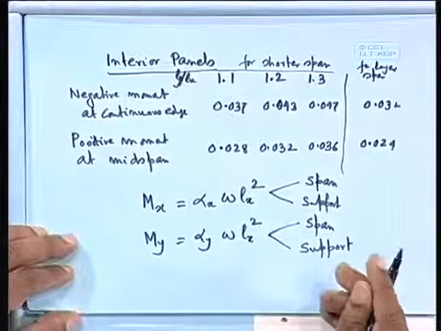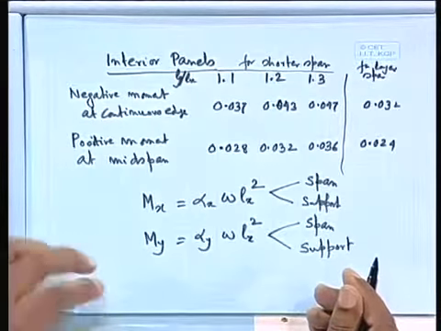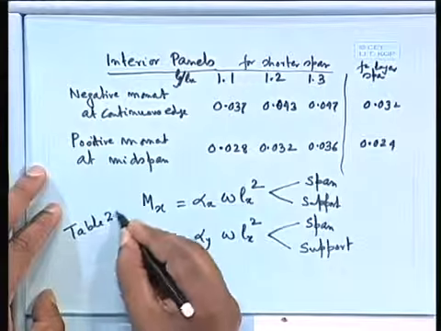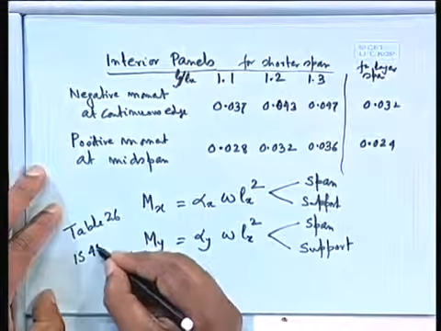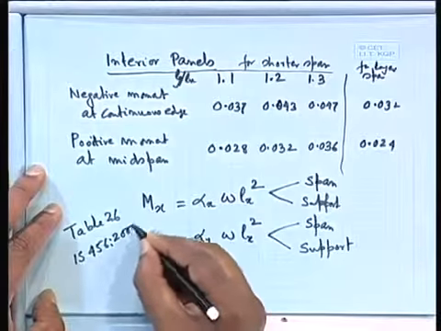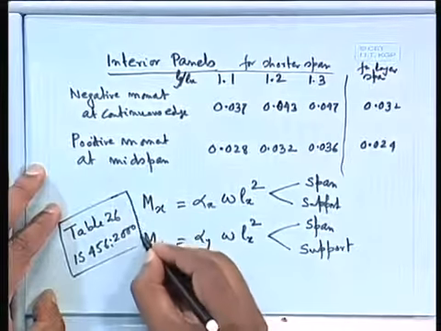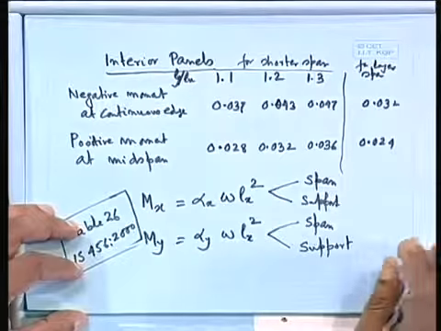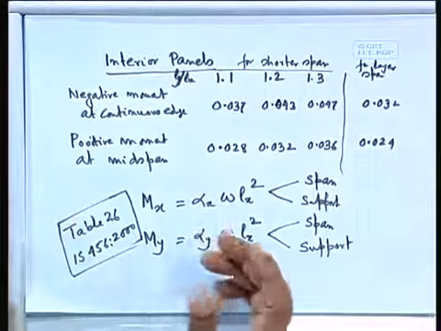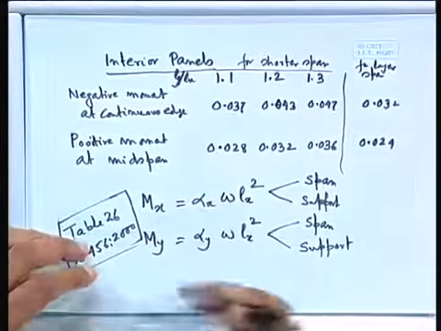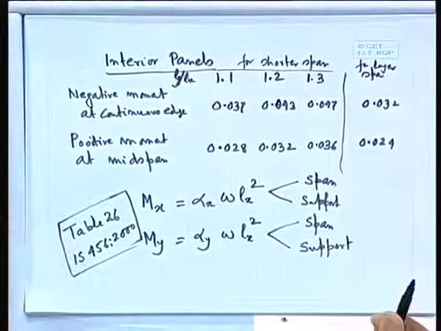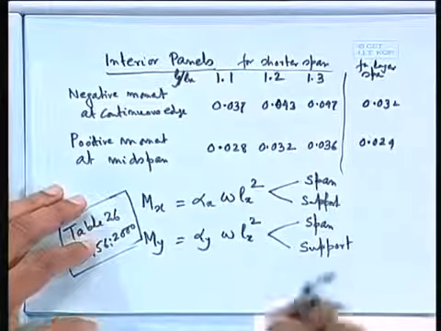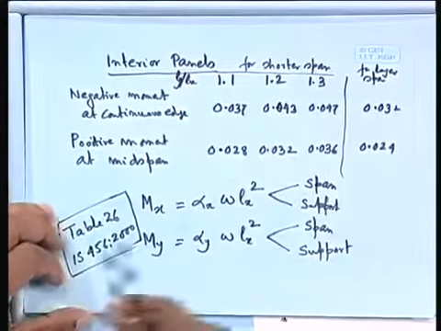So we shall get 4 different values depending on the Ly by Lx, and that we shall get from table 26. Please note, I am repeating this a number of times just to remind you that this is the table from where we shall get those values. These values one can calculate. When I am doing, say, computer design, one alternative could be, in the initial stage, that I can simply put the table and then we can find out at what interval that Ly by Lx is coming, and then we can do the problem.